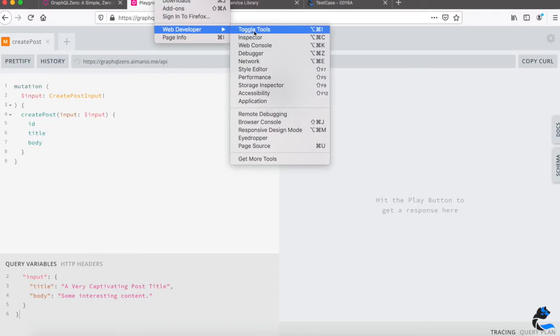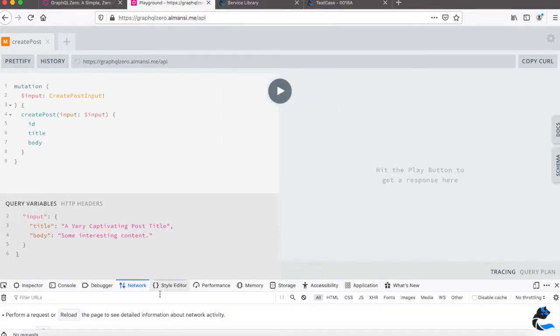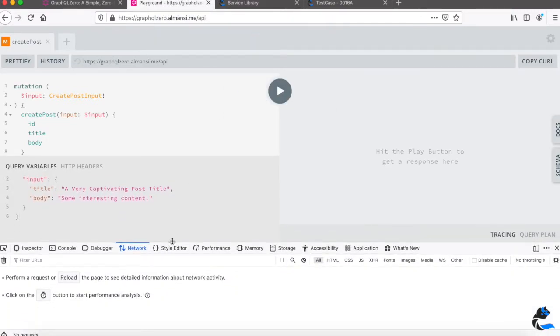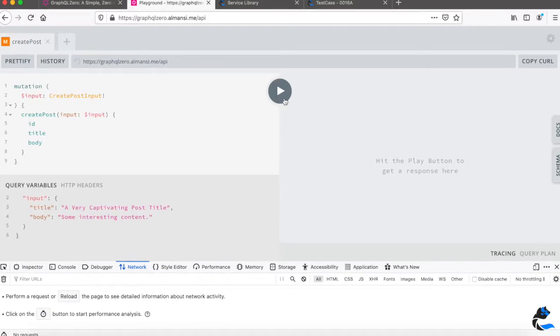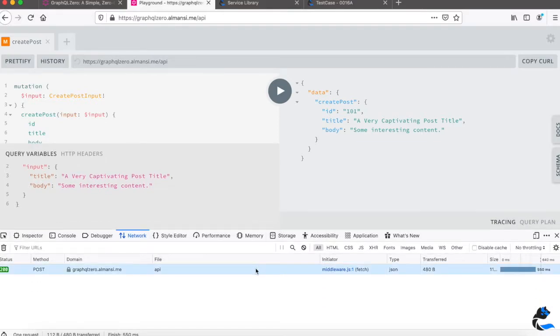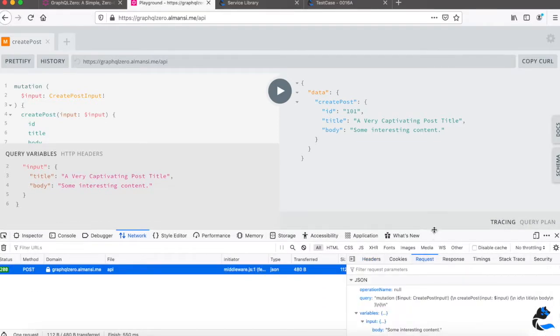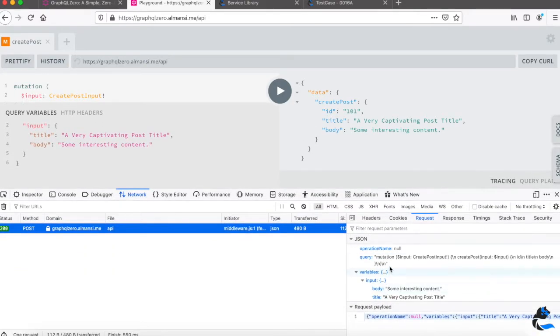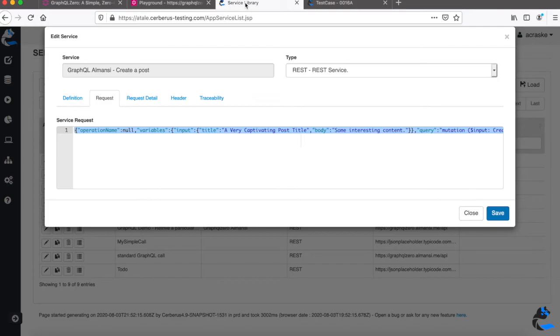And again, I will activate the inspector tools to be able to get the request, but it's not mandatory. Okay, just verify it's working as expected. This is what we saw, and we'll be able to use it just after to implement the control. And now if you go here, you see that you have also access to how the HTTP call is in fact performed, and it's quite interesting. So in our case I will copy here the content of the message.